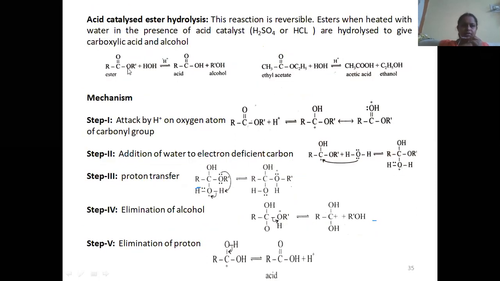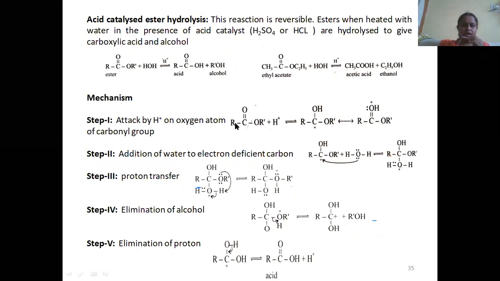So this is acid hydrolysis. See here, acid is used, hydrolysis, you will get the acid, and this R-OH will get converted to alcohol. Okay, this is a reversible reaction. Now since acid is a catalyst, the first step is what? Acid will initiate the reaction. How? Let us see here.